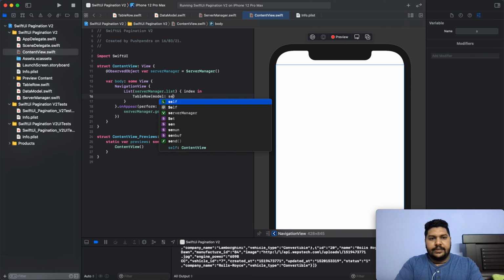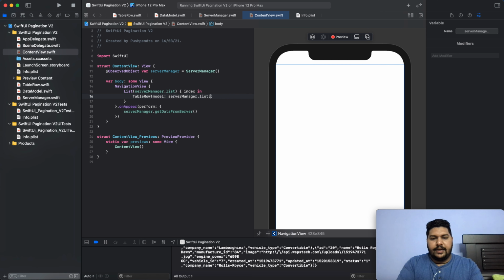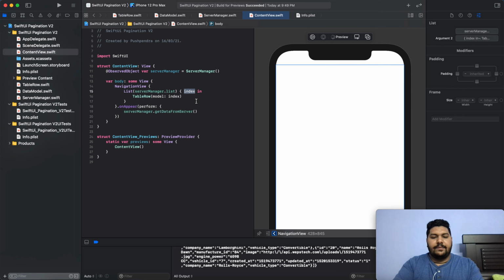What you need to pass is server manager dot list and index. Done. After that, this is itself a model, so it will be model, and this is a model. Now run and see the output.